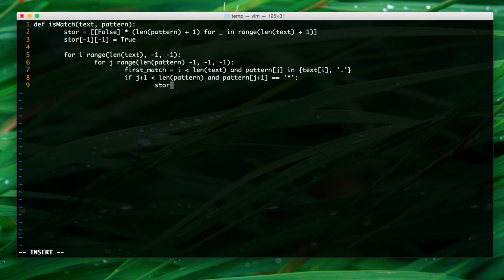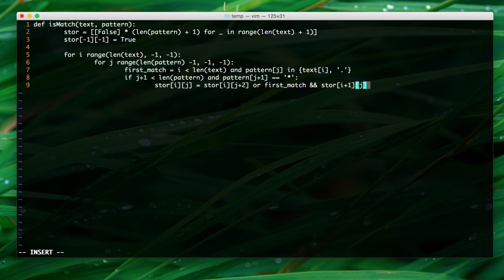In that case, let's see how we calculate it. It's pretty interesting and also very easy. For pattern we go 2 steps back here, or it could be the first match and ended with i plus 1